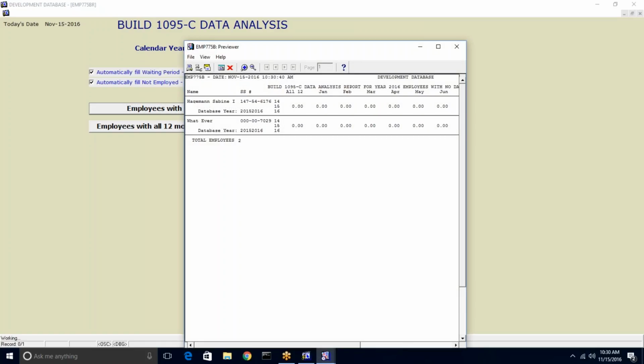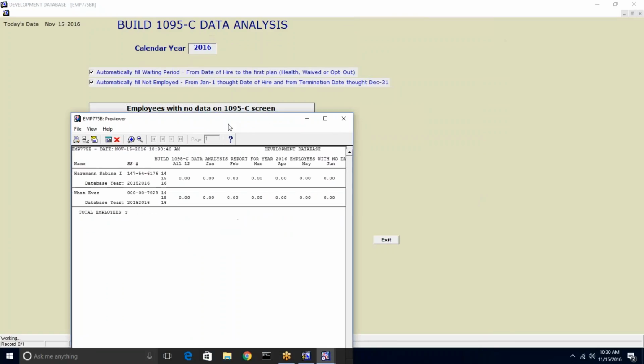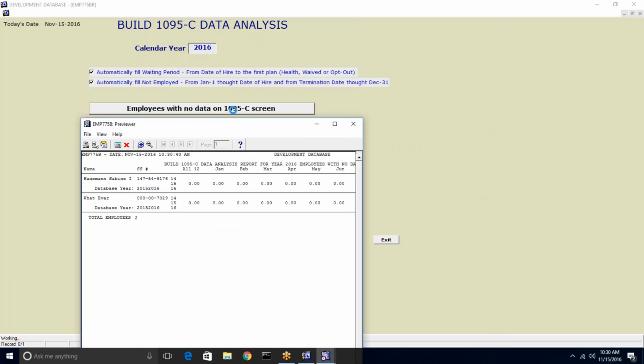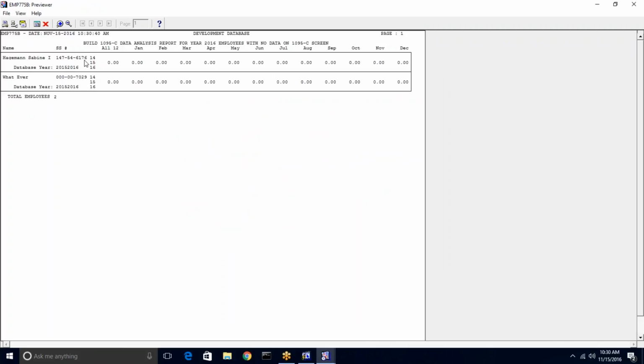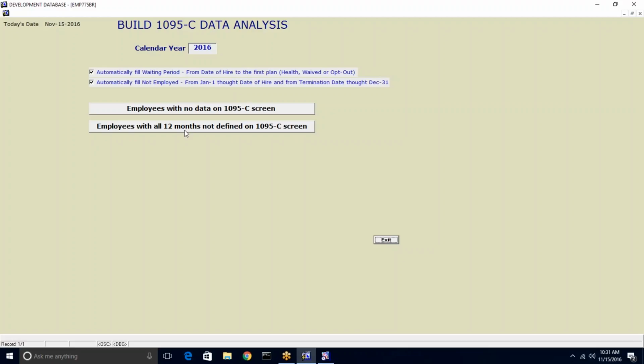So you can actually see it. Okay, so I did the first option, which was employees with no data on 1095-C, and it'll show you the employee, and it shows you that there's no data being imported into the 1095-C. And if we do the employees with all 12 months not defined, this should run pretty fast, I would imagine,